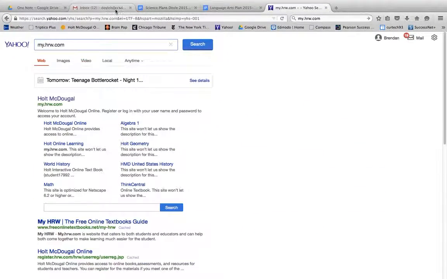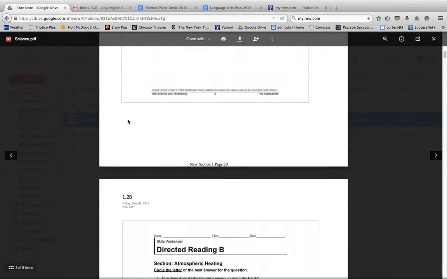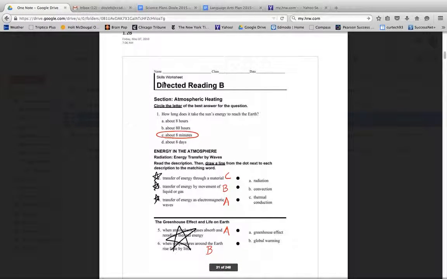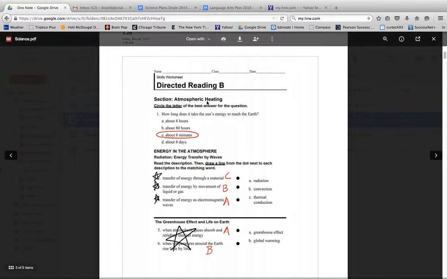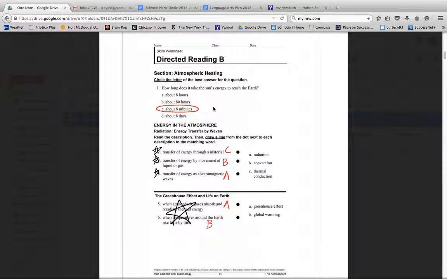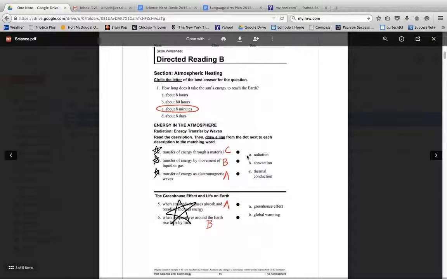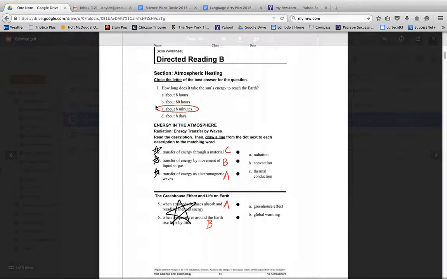Okay, let's take a look at directed reading B for Chapter 1, Section 2, called Atmospheric Heating. In this section, our learning target is to be able to describe the process of radiation, conduction, and convection. As we go through the DR, make sure you correct each problem,